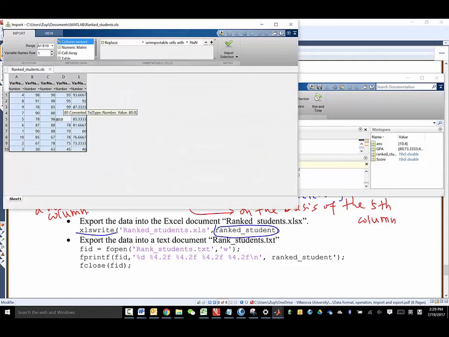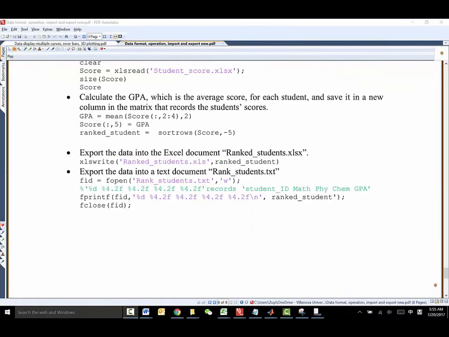See? Okay, in Excel. We can also save the data in TXT document here. So I want to show you. So this is the name of the TXT document, and here's the command you're going to use to open a new file. So this is the file ID here. So and here is how we're going to write each student's information into the file,